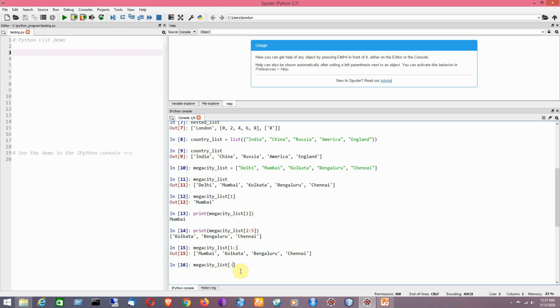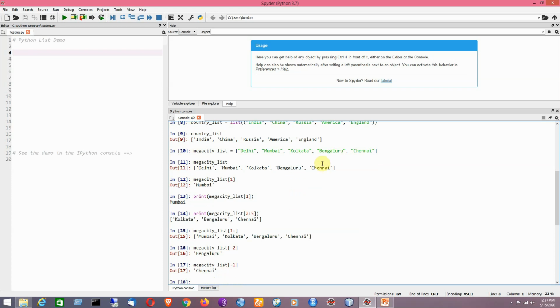Suppose I write -2, clear? So -2 shows Bengaluru. But if I write -1, it will print the last element. Just have a look at the list here. So -1 means the last element.